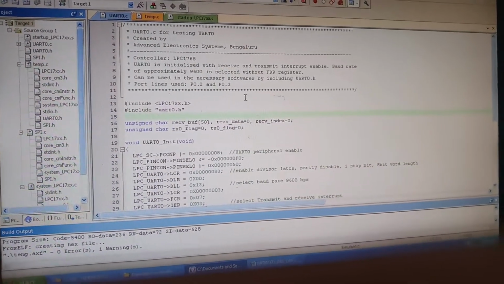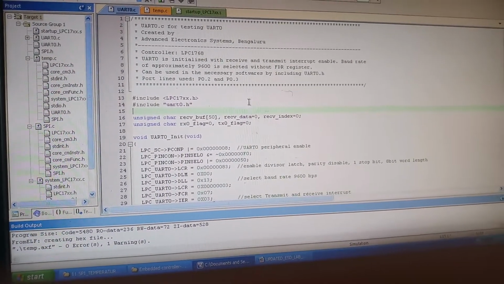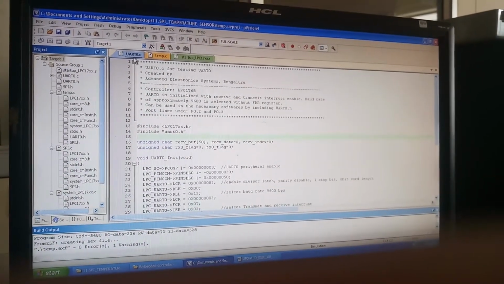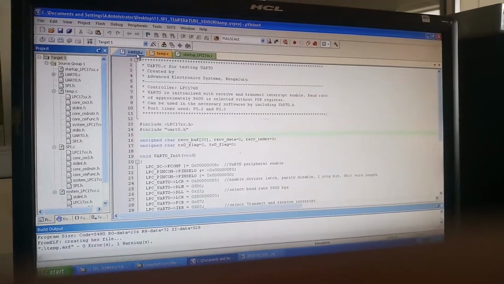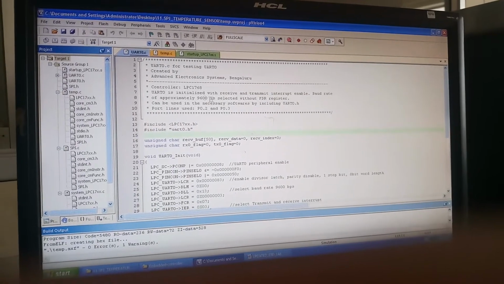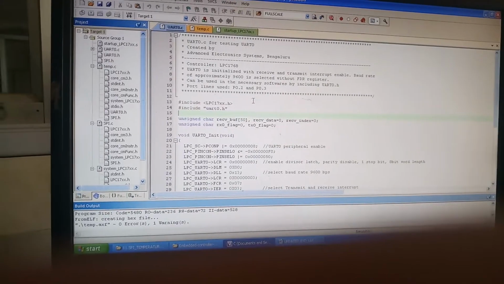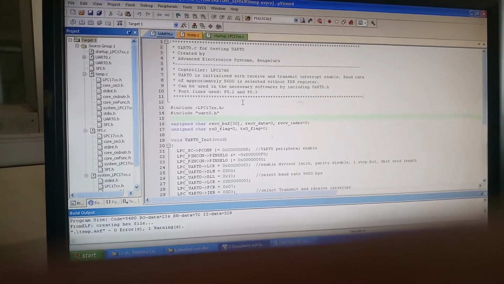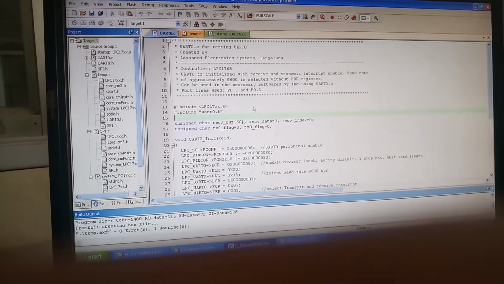In this program for ambient temperature measurement using the sensor and SPI device IC, two things are required here. One is the internal UART, and another one is the temperature code. Why are we using the internal UART? Whatever temperature we measure will be displayed through the internal UART, the universal asynchronous receiver and transmitter. It will show in a Windows form whatever temperature we measured. So this is the code for the internal UART.